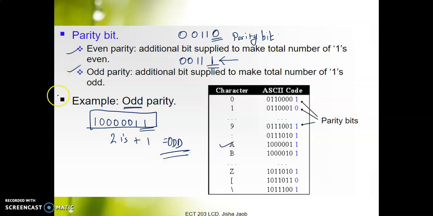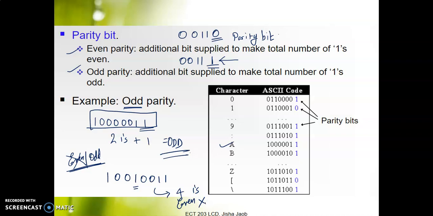Now at the receiver, when you receive the data, the receiver is aware of whether you're using even or odd parity system. So when you know that it is odd parity, the receiver will count the number of ones received. Suppose the received data has an error, and this is the data that is received. So you see there is an error in this bit. The receiver will count the number of ones of the data received. It counts 1, 2, 3, 4. There are 4 ones, which makes it even, which means that there is an error. This is how error is detected in case of parity bit.